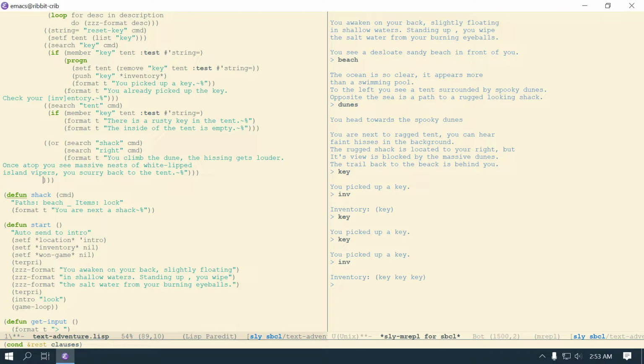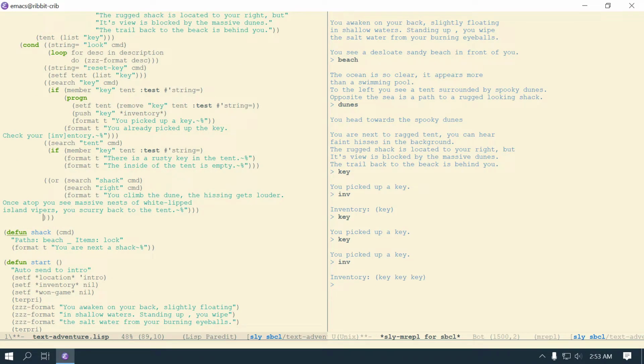That's trying to get to the location of the shack, and it's blocked. And then what did I say up here again? We have a trail, we have a beach, a beach is behind you. So let's just say trail, beach, and behind. So I need another one where I think,